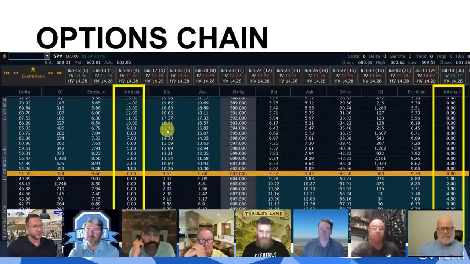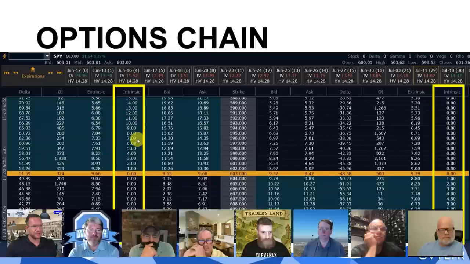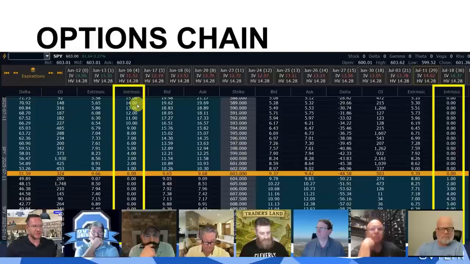Okay. So intrinsic value. Ooh, boy, does Chris love intrinsic value. Notice intrinsic value going up by $1 every time right here. And this is why it was so handy to get this screenshot right at 6:03 exactly, because as you're going into the money and going up one strike at a time, it's getting $1 more of moneyness every dollar it goes deeper into the money. How cool is that? This is a perfect example that I managed to take.